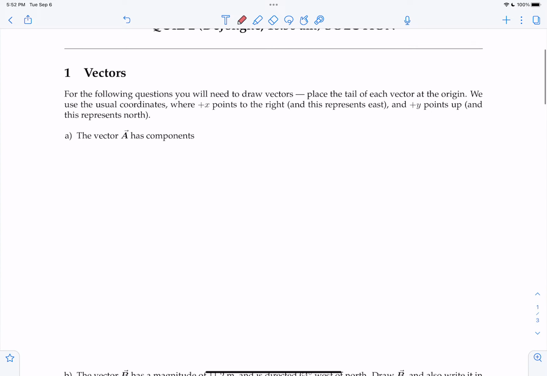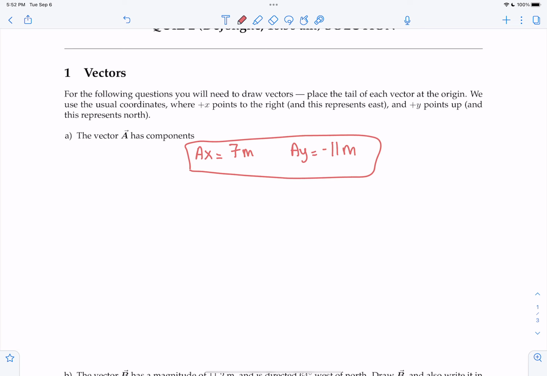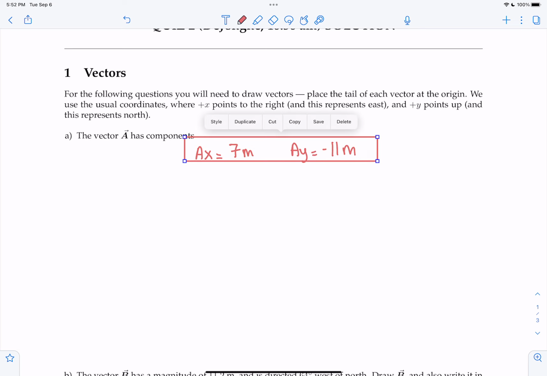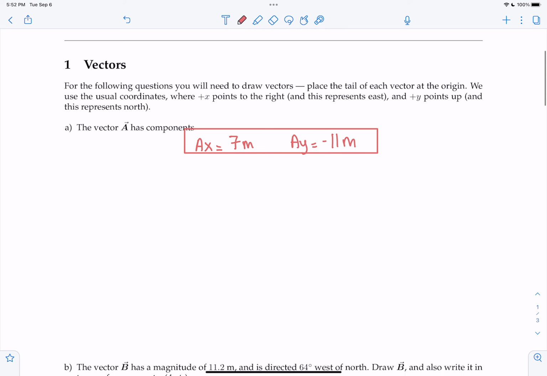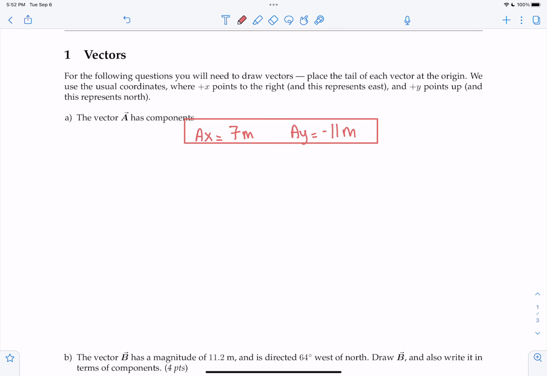For some reason, the components aren't showing up here, but they had Ax as 7 meters and Ay as negative 11 meters. So these are the two components that we're referring to for vector A. And so we need to draw the vector on a diagram and determine the magnitude and direction. I don't know why the problem is cutting off here on the recording, but we just need to draw